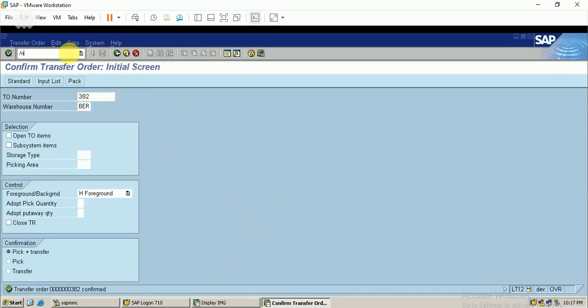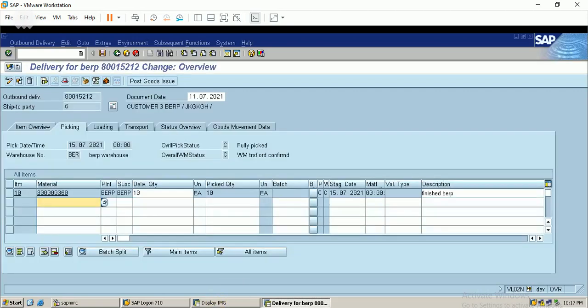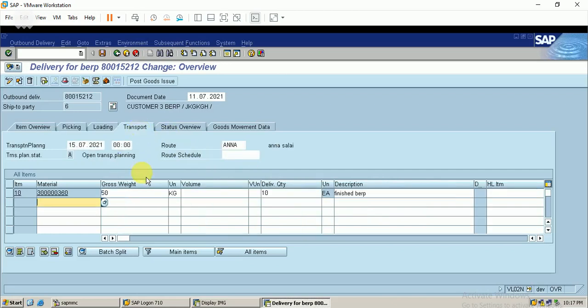So the transfer order is completed. I just enter into the outbound delivery. You can see that the warehouse stock is completely picked, and now we can process the transport. It shows an open state.